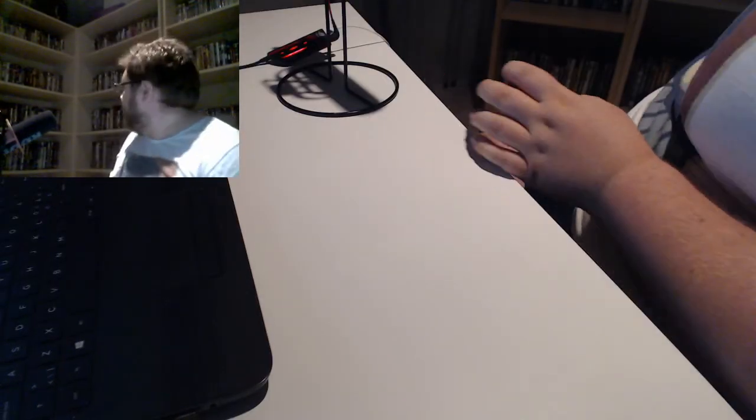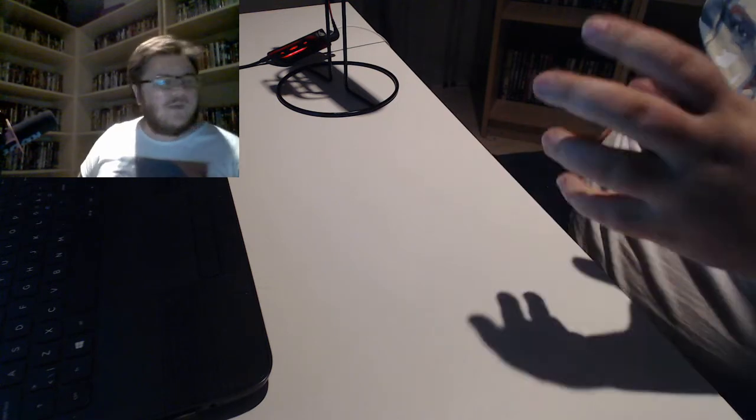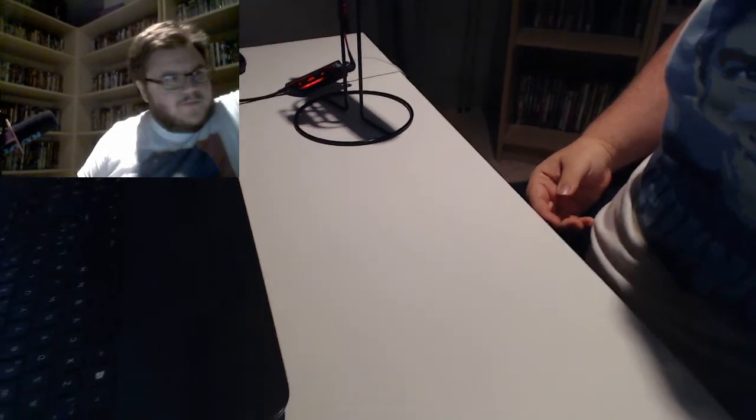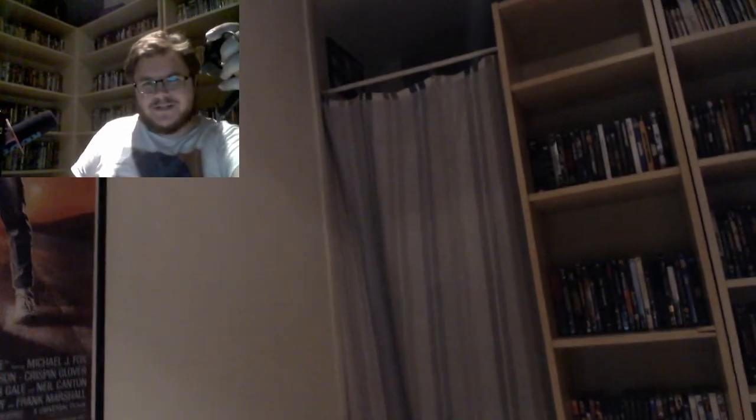Well, first of all, you can't see too much, but I've actually expanded the studio now, so it has all my movie shelves up here. You can see all my movies there. I've almost built a little door even. Let me do this. See if you can see that. I actually took my shower curtain and put it up there as a divider, because this isn't actually a room. It's just part of the entrance to my house.